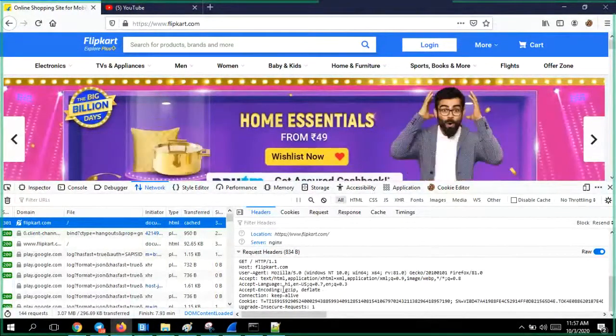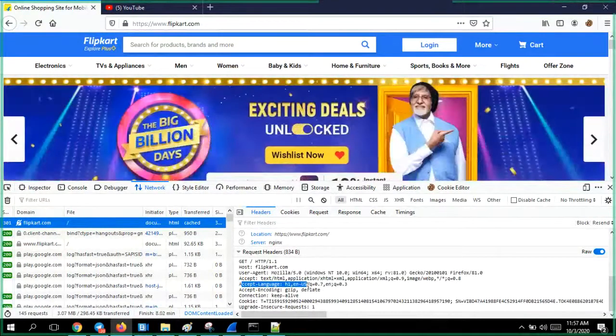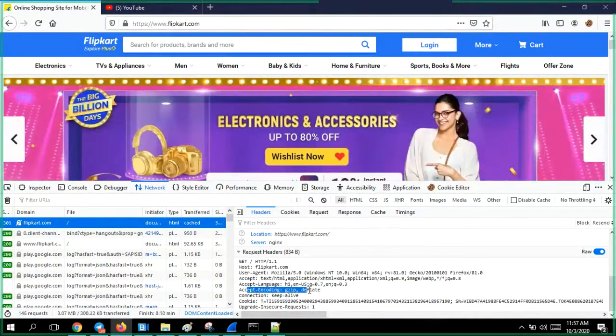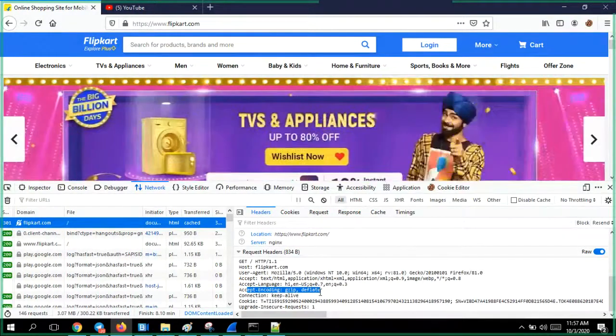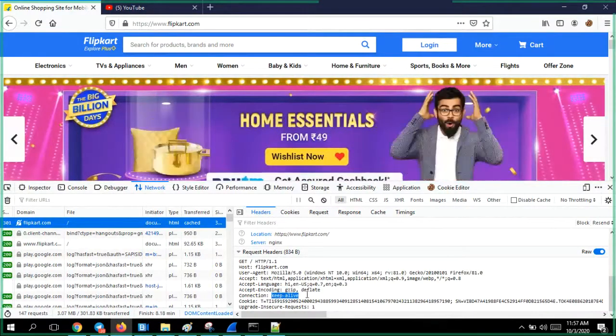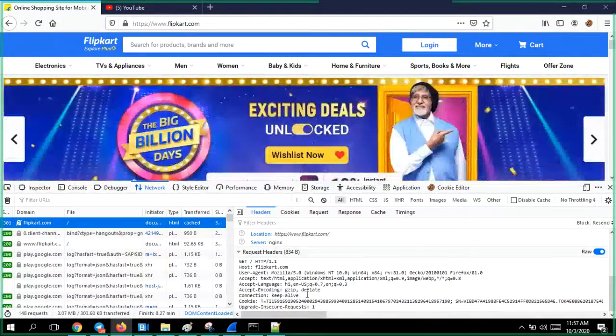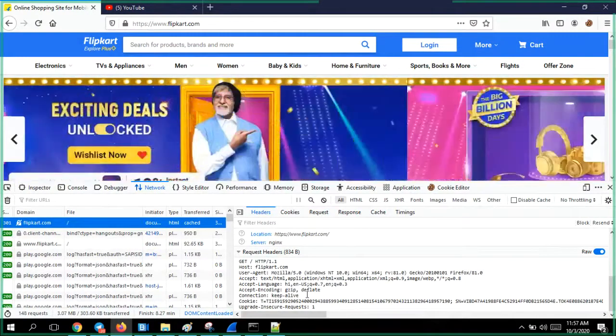I can understand accept-language Hindi or English. For the encoding format, whatever you send, please send it in gzip or deflate formats. And I would like this connection to be kept alive, because as a client you don't know what the server says, but in the beginning itself you are telling that you want it forever.